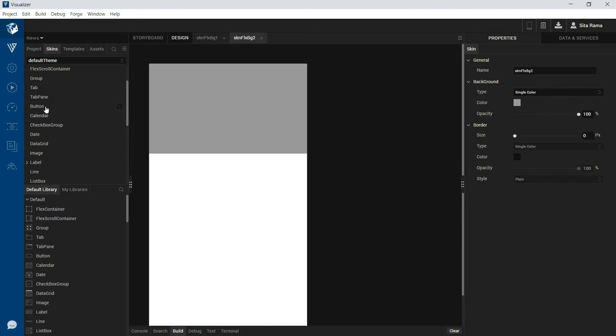We will be using buttons for displaying the news types inside the application. For each button, let us create the normal skin and the focused skin. The normal skin will be used when the button is displayed on the screen. When the end user interacts with the button, when his finger is in focus with the button on the UI, the skin that we want to apply to that button will become the focused skin. So let's create two skins under the button type of widget.